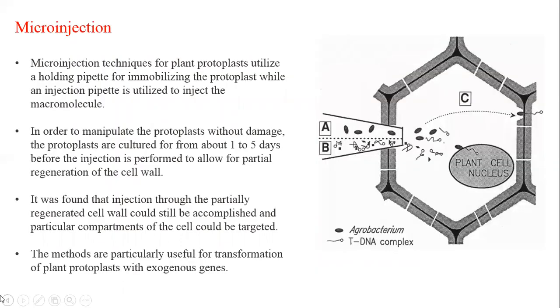So this is the process where the microinjection is depicted. This is the micromanipulator by which the total genetic material is inserted into the plant cell, and this technique was first used for the Agrobacterium mediated DNA transfer, where the plant cell is transfected using the T-DNA of Agrobacterium, and this was the first case of physical DNA transfer in plant cells.